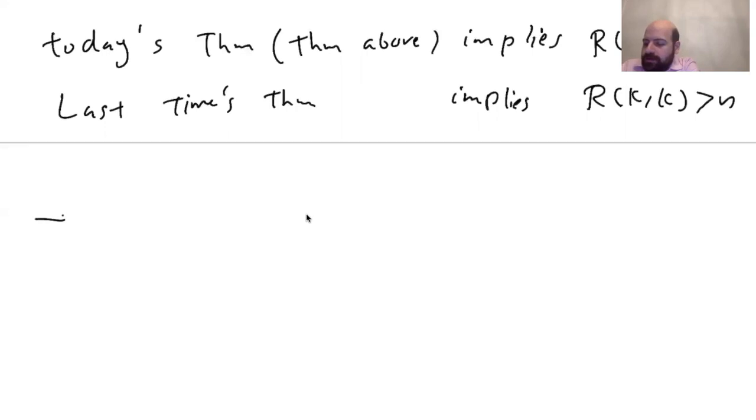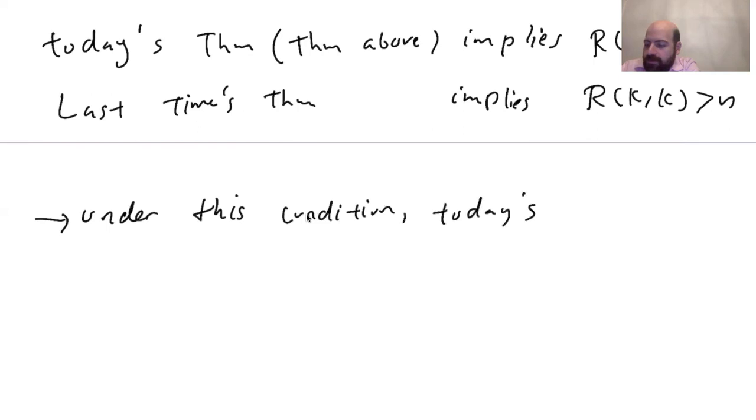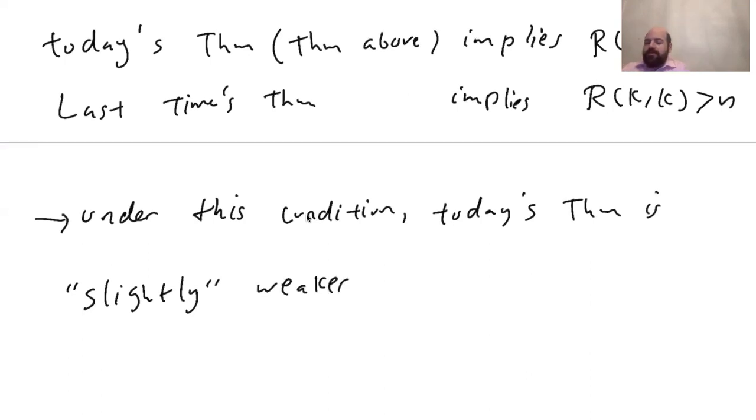So under this condition, today's theorem is slightly weaker, just slightly weaker, because today's theorem says R of k and k bigger than or equal to n. Last time's theorem was saying that R of k and k bigger than n. So this is just slightly weaker, but